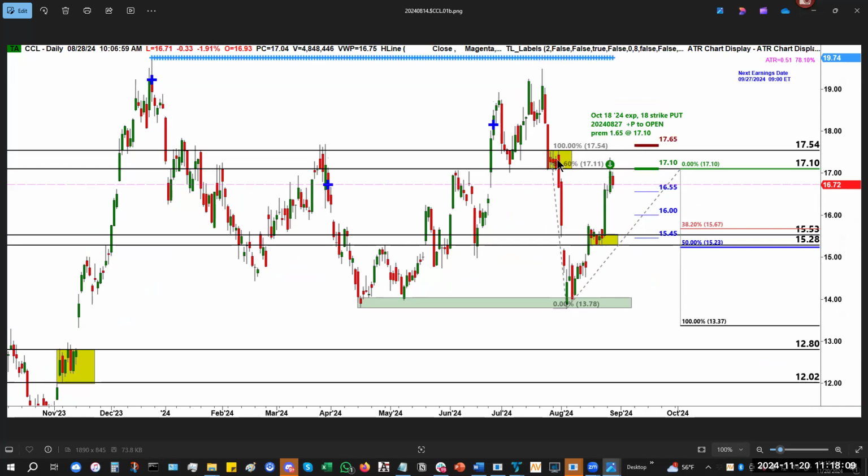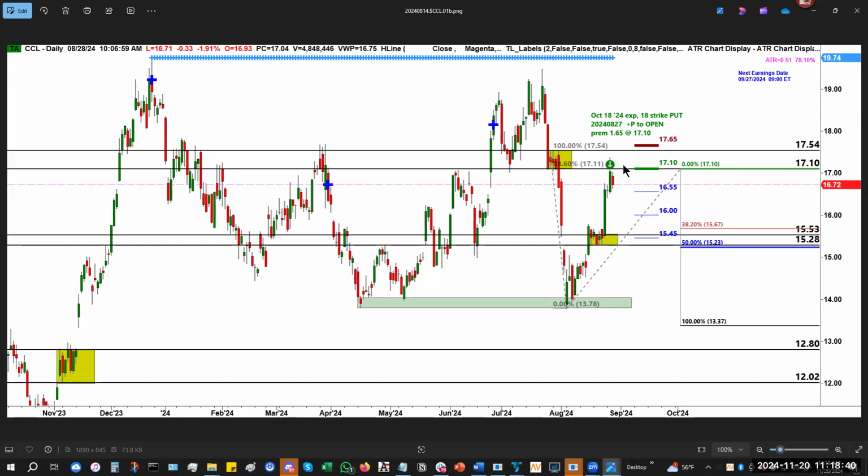At that point, the way we expressed this trade was to buy a put. At the time we did this, it was sitting at around August here, and so we ended up buying the October 18th expiration put. That was a little less than 2 months distant. Basically we bought the 18 strike put. Why do we buy the 18 strike put? Because essentially what we did was